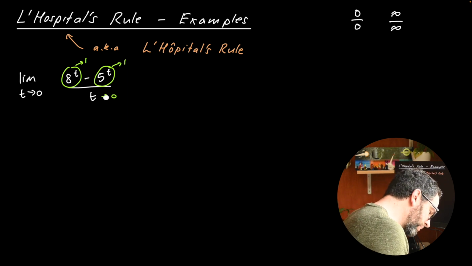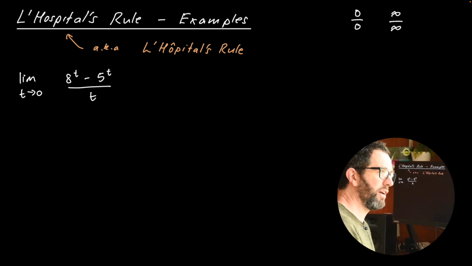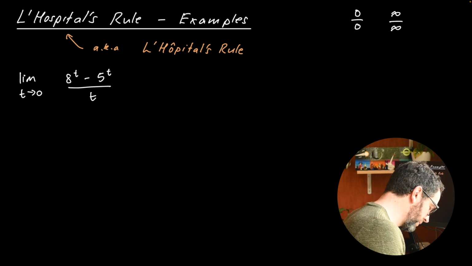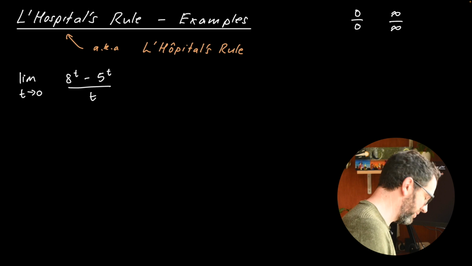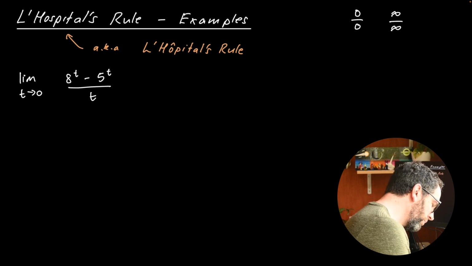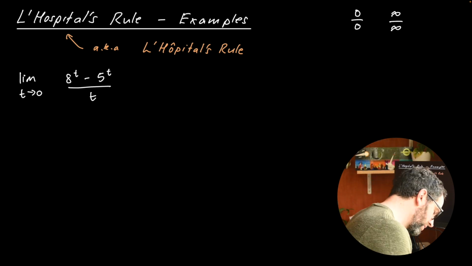So for L'Hopital's rule to apply, a couple of technical conditions need to hold. One is that we can differentiate the top and the bottom of the fraction. And the other is that as we move away from 0, or from the limit point here, the thing on the bottom of the fraction doesn't stay at 0, which it doesn't. Okay, so L'Hopital's rule says that so long as everything is nice and we can differentiate the top and the bottom, we can find this limit by instead taking the limit of the ratio of the